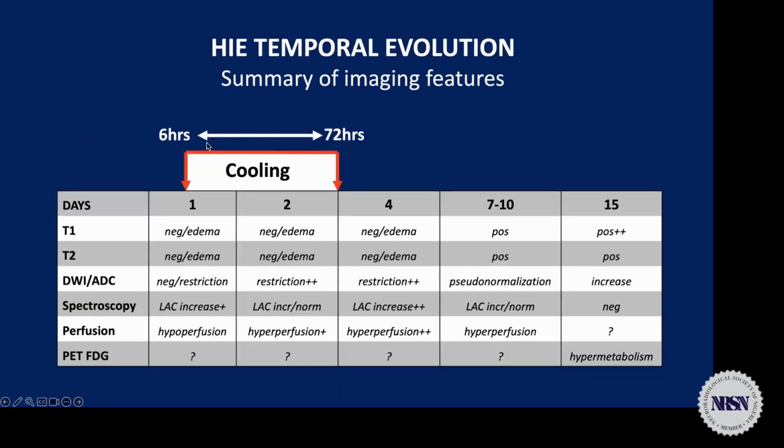So to summarize what happens in the first week, you can see how the pattern changes on MRI: T1, T2, DWI, spectroscopy, perfusion. So it's very important to consider when we study kids. In particular, remember that if you study in the acute phase, the maximum of diffusion restriction on DWI is around 2 to 4 days. But then we have a pseudo-normalization, so we can think that there is nothing, that it is normal,